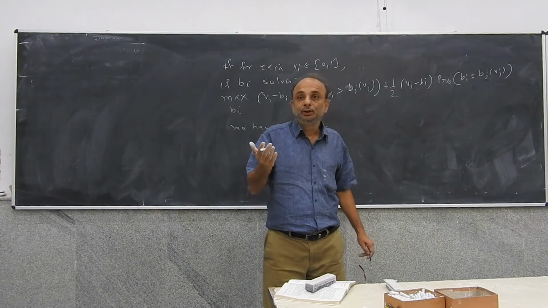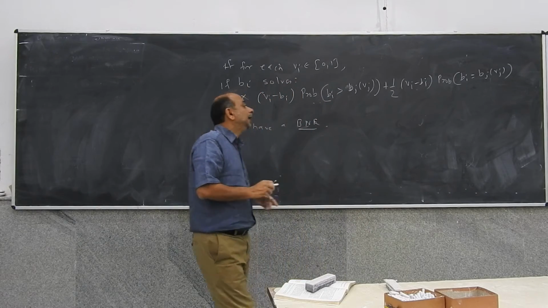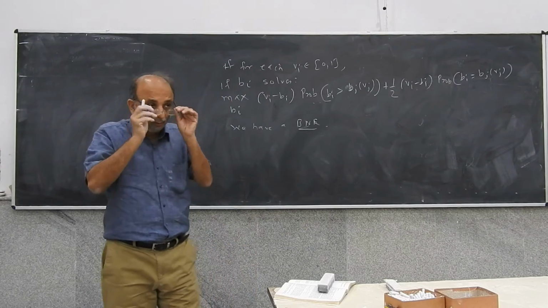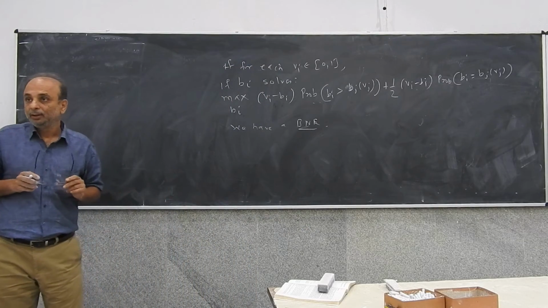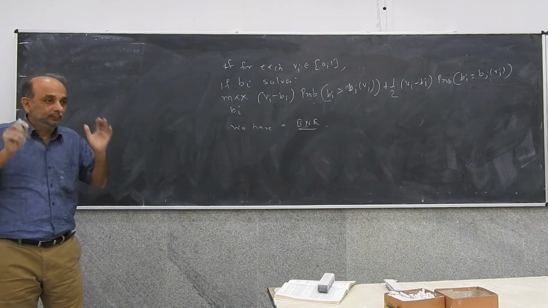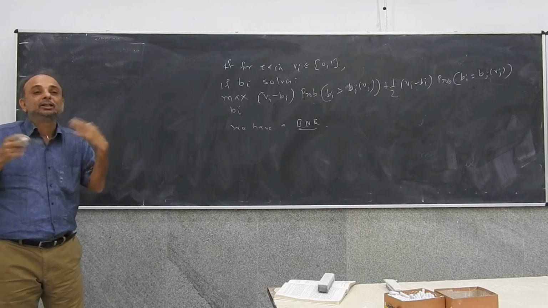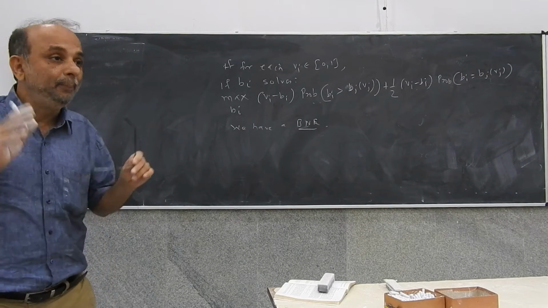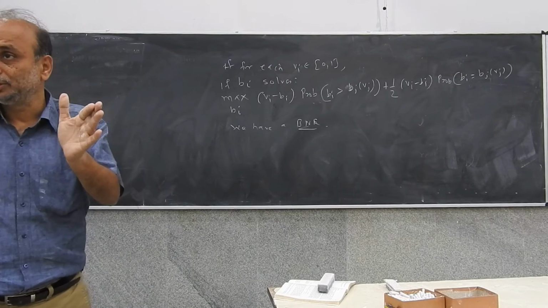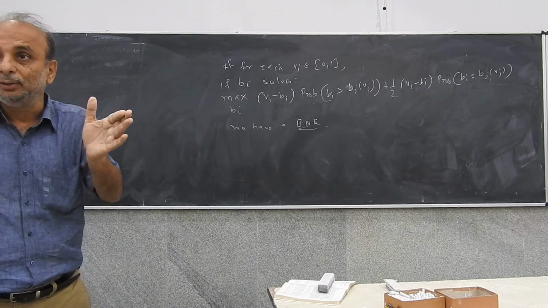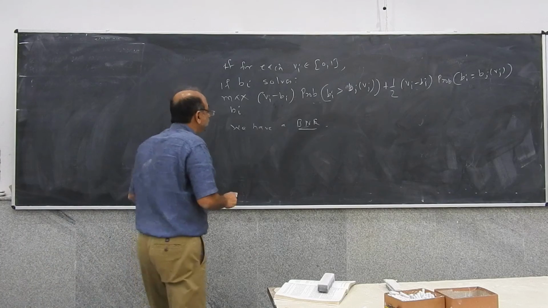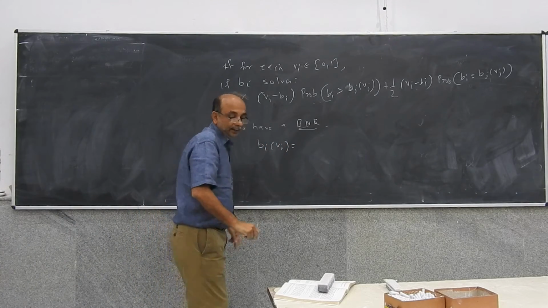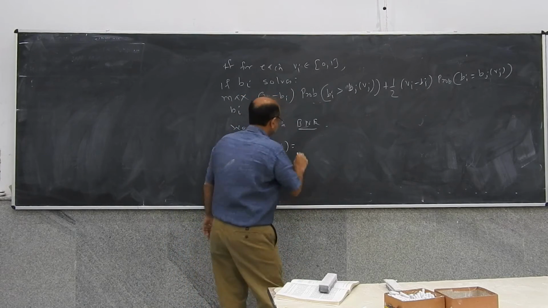Right? Sure? Okay. Now, to make life simple, we will restrict ourselves. So what do we want to find? We want to find the bids. What are the Nash equilibrium bids? What are the actions which will ensure Nash equilibrium? The actions here are the bids. So we will look for bids. Bids are functions of the valuations. We will look for a specific type of functions. That is, we will look for Bi equal to